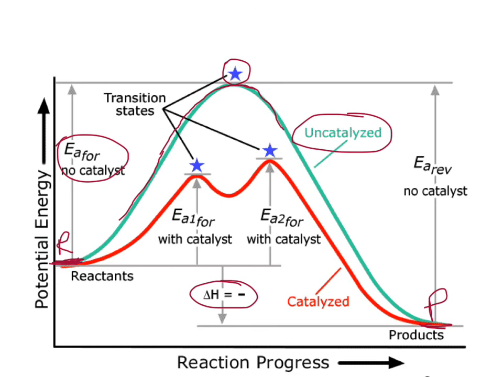Now, when we add a catalyst in this example, the red curve is produced. So the red curve shows that this catalyst changed the mechanism from a one-step process to a two-step process. Now, some catalysts may not change the number of steps. It's possible that the catalyzed graph would have also one step, or maybe the catalyzed curve has 3 steps. The point is that the catalyzed reaction has a different mechanism,